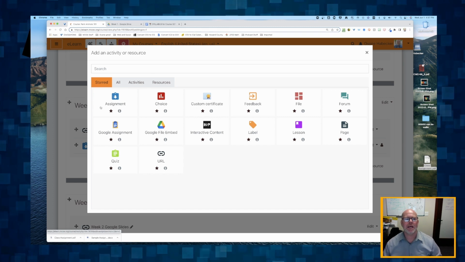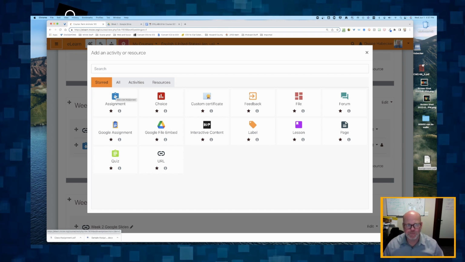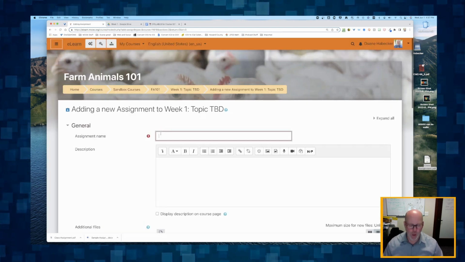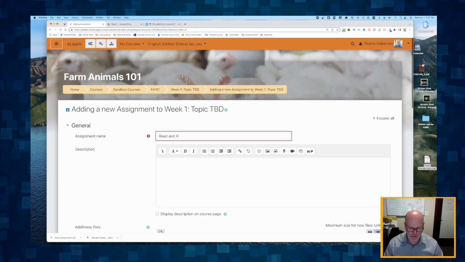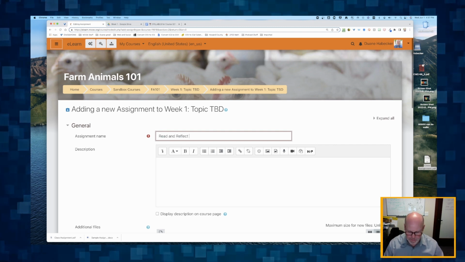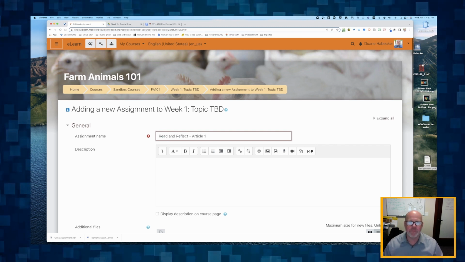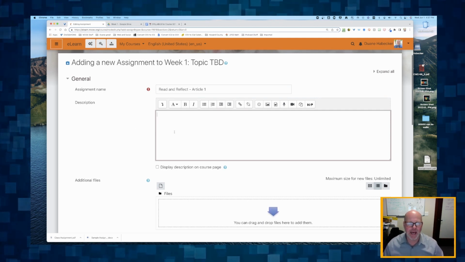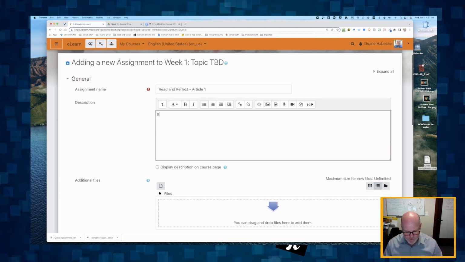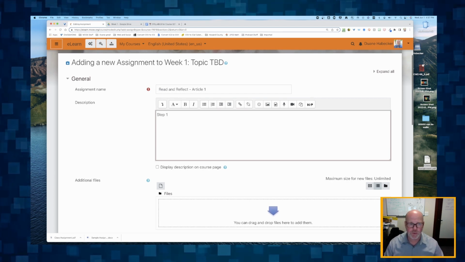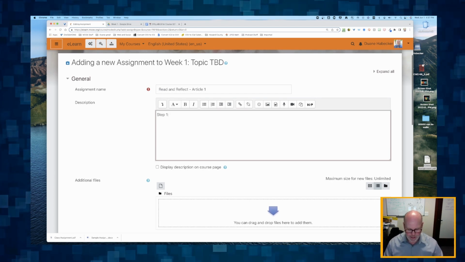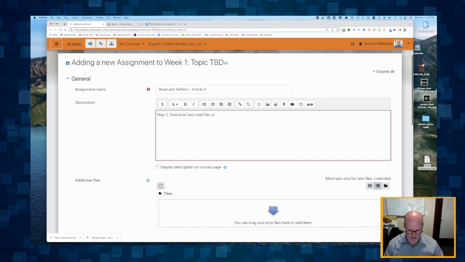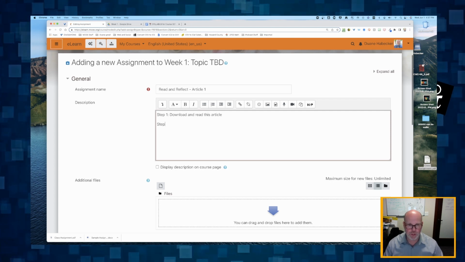Okay, so the first way is using the assignment tool. So I'm going to click on assignment. Oh, let's call this read and reflect article 1. Okay, so there it is. So here, because this is an assignment, I need to give my students some sort of direction. So step 1, download and read this article. And then step 2,